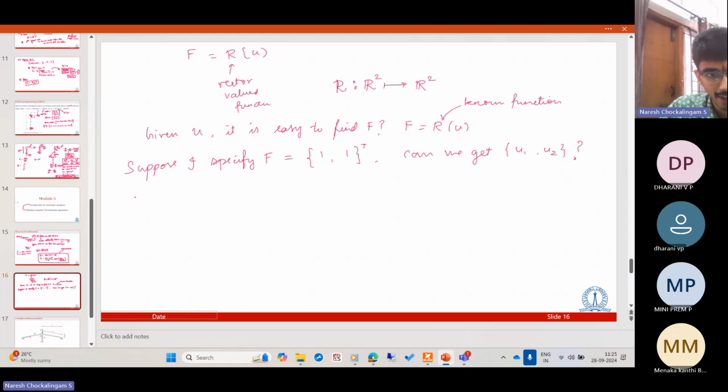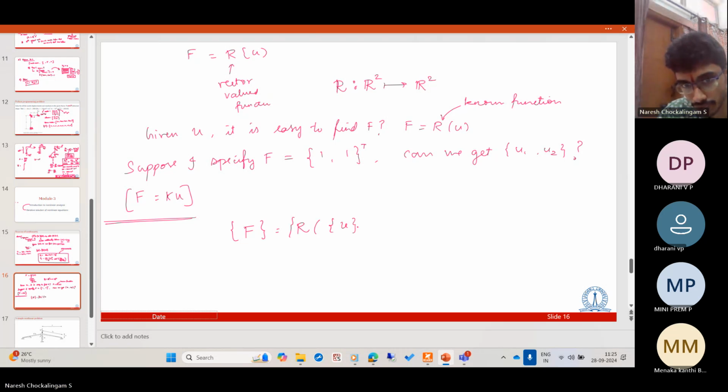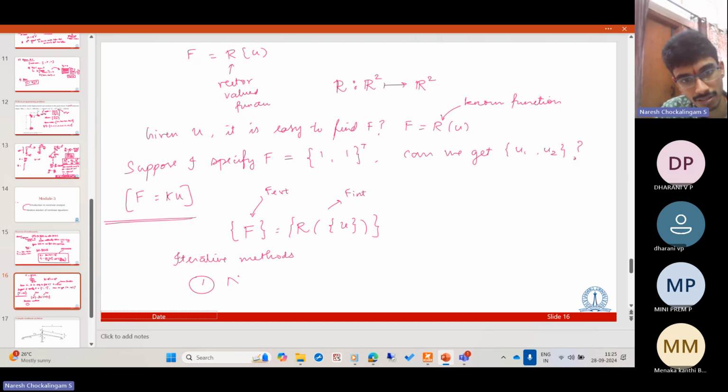So these are the issues that come up when we deal with nonlinear systems. Just as F is equal to KU is the basis for all linear problems, all nonlinear problems have this form. Applied force F is equal to some R of U. We have to solve this. This is nonlinear. We cannot solve in one step, so we resort to some iterative methods. So this we call F external, and this is F internal. We'll iteratively choose U so that the difference between external and internal forces becomes very small. So in particular, we'll be using Newton-Raphson